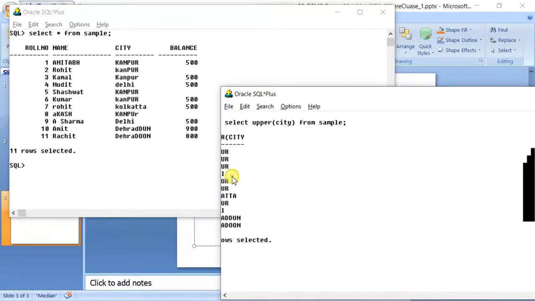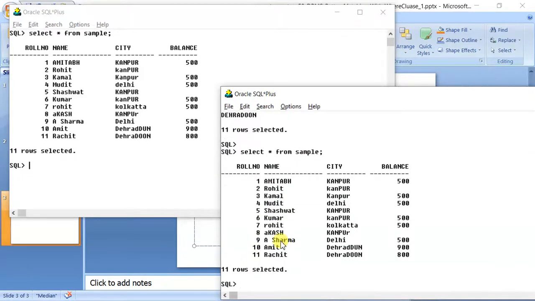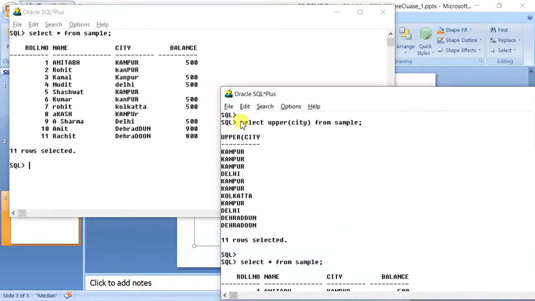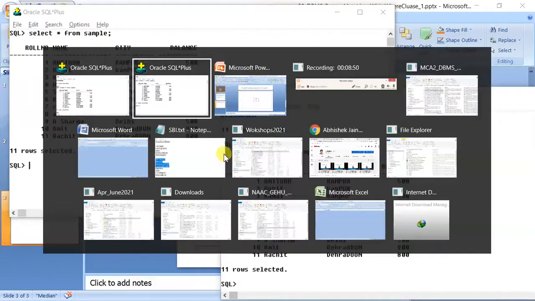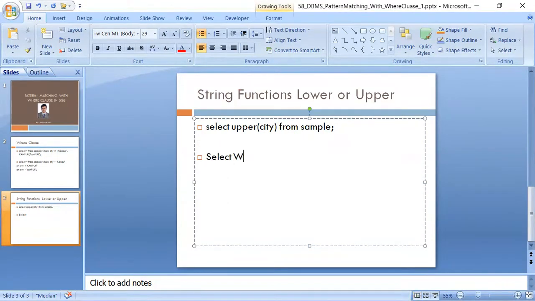So what you can see, all the values that were something like this are displayed in capital letters. But please note that this is only on screen. The values are still the same. It means select star from sample, they are still the same. Because please remember that select never changes the records. It displays only in the output. Okay. This you have to remember, that select will never change values in the table.